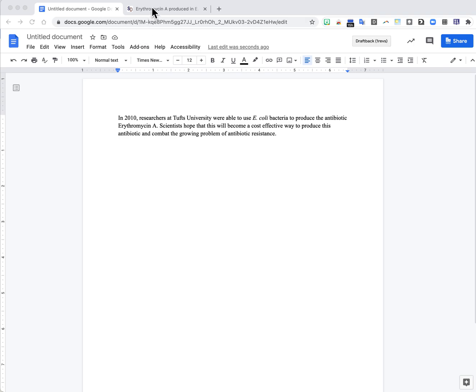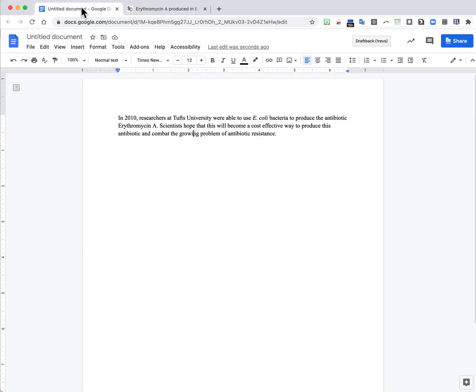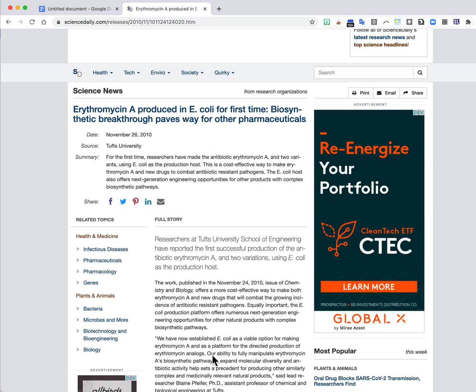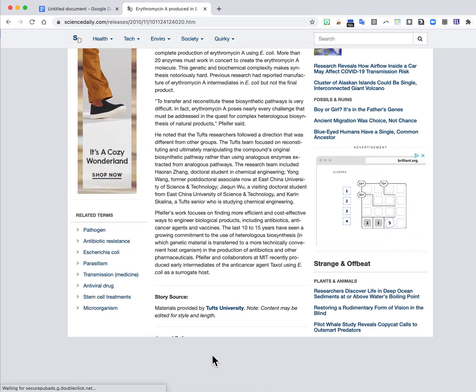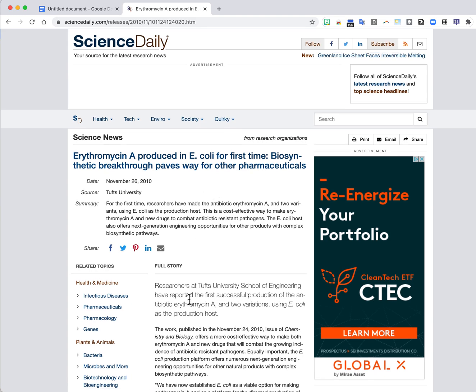And on this other tab over here, I actually have the scientific source where I got the information. So I mean, if you look closely at my source compared to what I wrote, you'll see that I have not copied word for word what was written in here, but I have used the ideas that were written up in this article about what the scientist has discovered and been able to do. And because those are not my original work and those are not my ideas, I have to cite the source